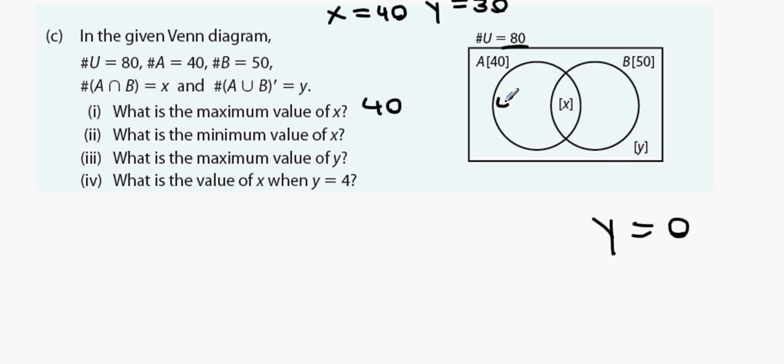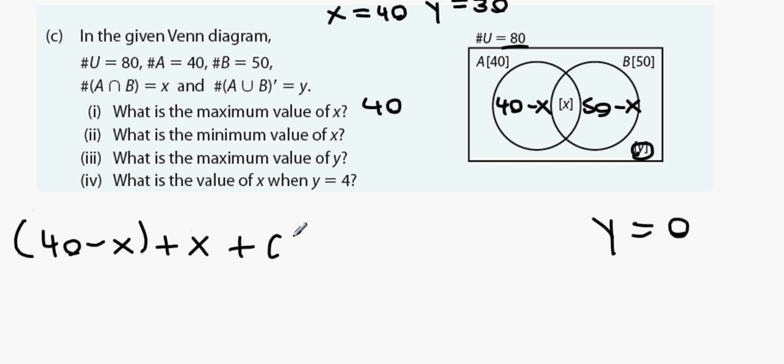So we're going to have this 40 minus X in here, and we're going to have 50 minus X in here. And all of this has to be equal to 80, because Y equals 0. Okay. So we get 40 minus X, and this Y is going to be 0, plus X